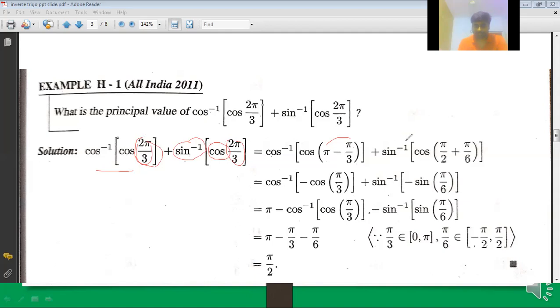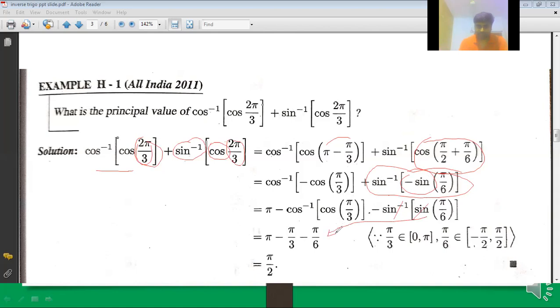Now sine inverse of cos 2 pi by 3. I should write as cos of 90 plus pi by 6. Correct? Whenever I write cos of pi by 2 plus, then I can get value in sine. That is the benefit. Finally, sine inverse sine get cancelled there. So cos of 180 minus pi by 3 gives minus cos pi by 3. So sine inverse of minus sine pi by 6. Minus comes out, minus sine inverse sine, sine inverse sine cancel there. So minus pi by 6 I'll get there.